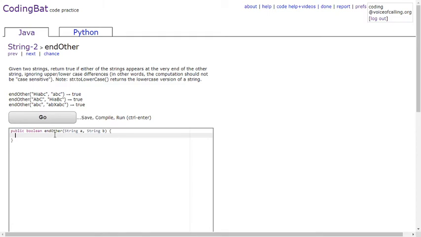So you have to first do if a.length is less than b.length, then String temp equals a, and a equals b.toLowerCase, then b equals temp.toLowerCase. So you can change all the strings to lowercase,